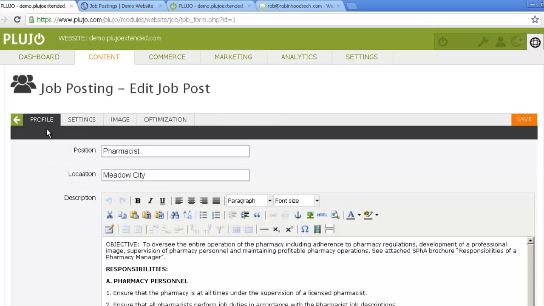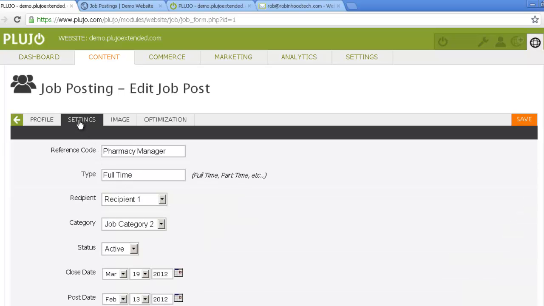Under the Profile tab, you can provide the position name, the location of that position, and then the full description of that job position in a Word-like editor. Under the Settings tab, you can provide a reference code for this particular job position, the type, meaning the employment type, so full-time or part-time, the recipient, so who receives this job notification when it's been applied for, and if